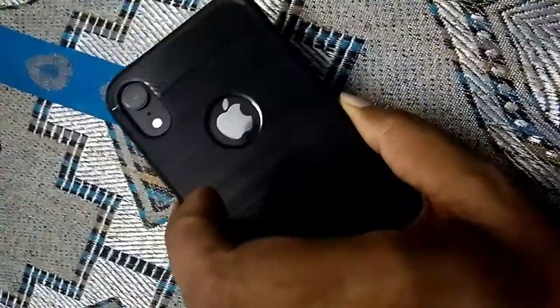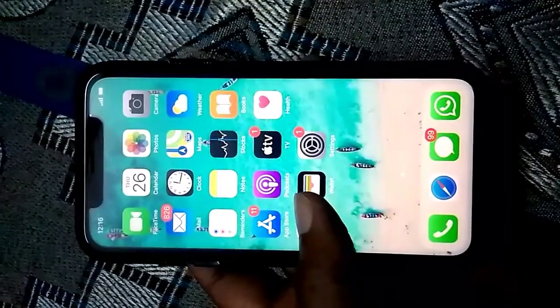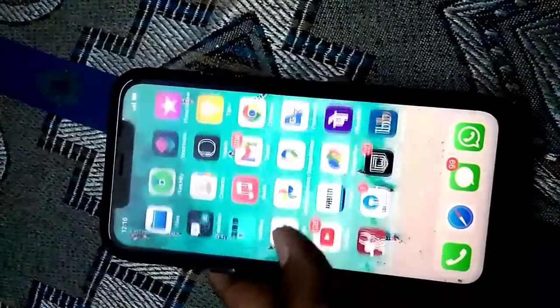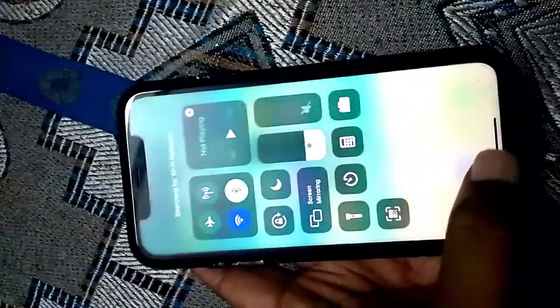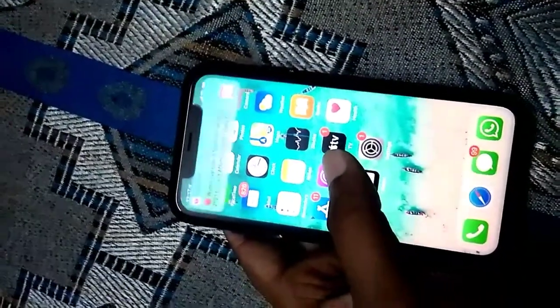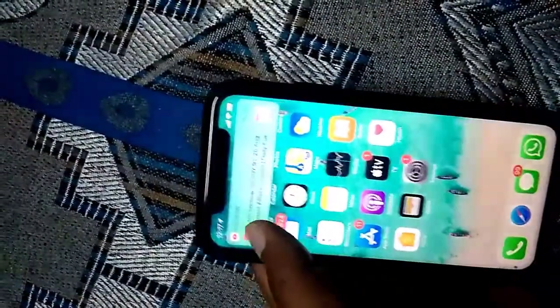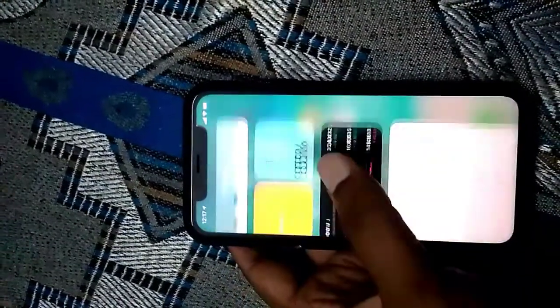Hey friends, Ankur here, and in this video I'm going to tell you how you can download a PDF on iPhone XR. As you can see, I have the iPhone XR in the 128 GB variant, and in this video I'm going to tell you how you can download a PDF file from a web browser and from Gmail, if somebody has sent it to you, and how you can save that PDF file in your iPhone's local storage.